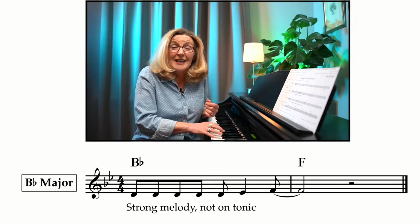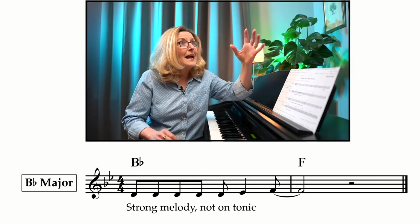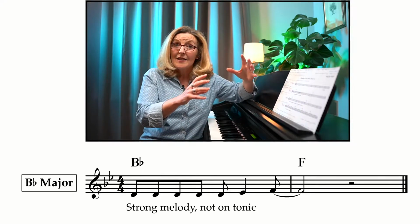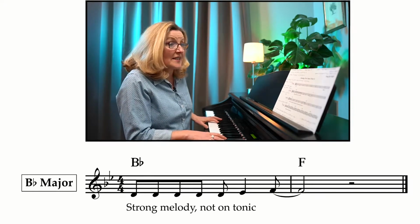There's your tonic. So it can be tricky trying to find the tonic because you've got this melody that's hiding it. Okay, and another melody that can hide it, another slide you're going to see is